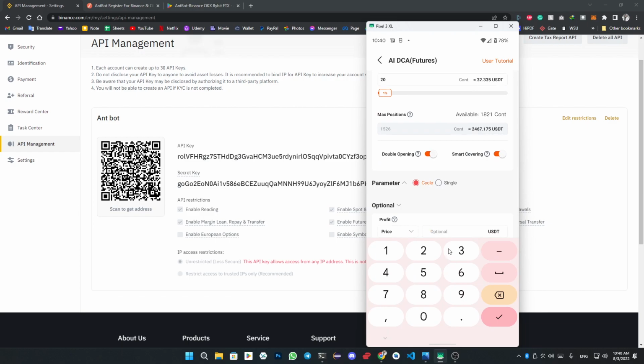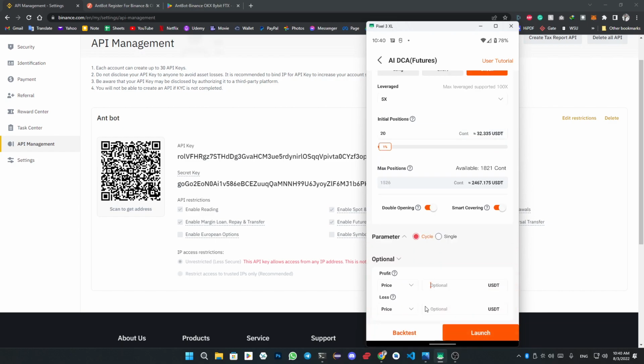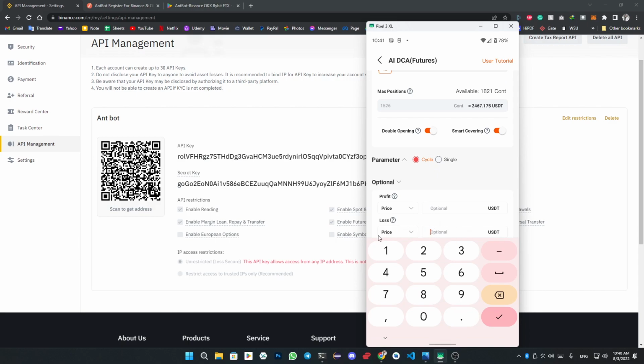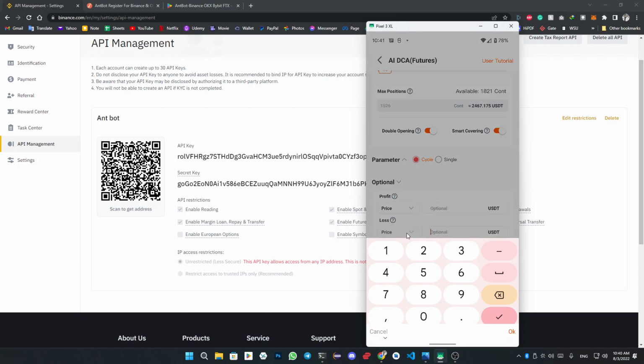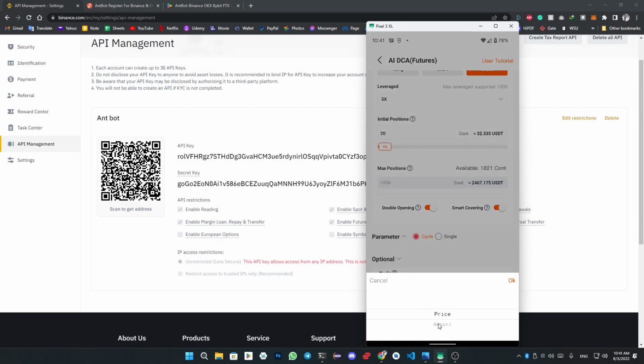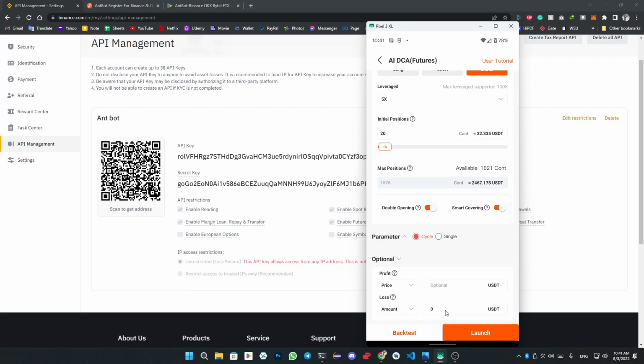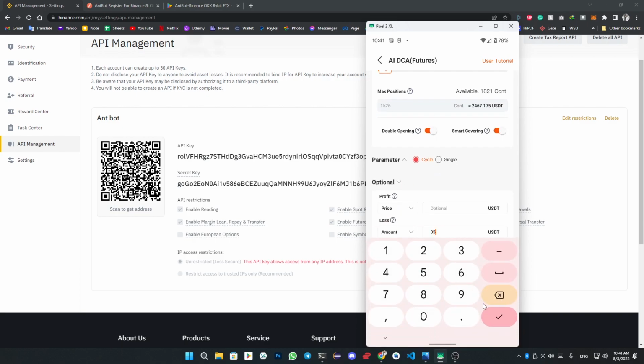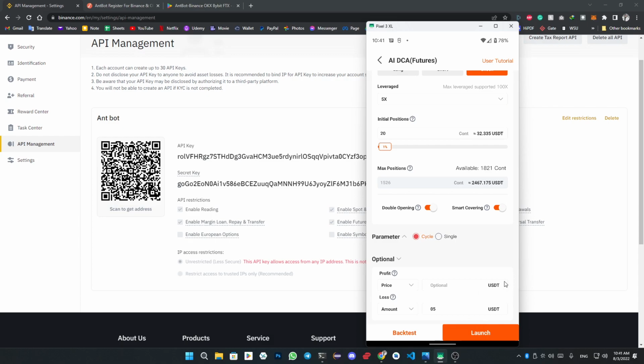If you want to take profit or stop loss your balance, you might put the stop loss here, like amount or price. You can just put the stop loss here. I suggest, if you can afford the amount, you can choose amount and your stop loss would be $5. If you put that, whenever you lose $5, your trade will be cancelled and all your money gets back to your futures account. It's like that. So I'll just put 0 for now